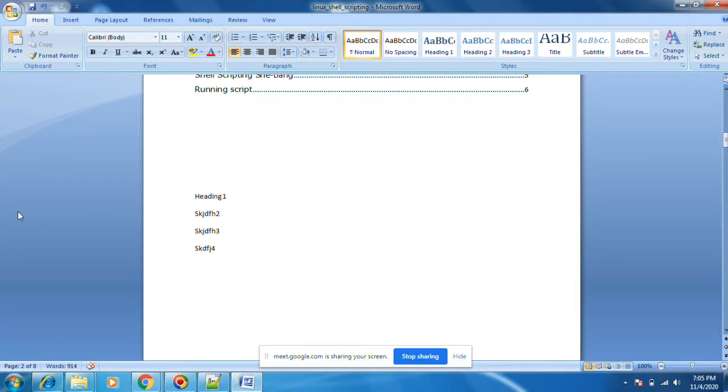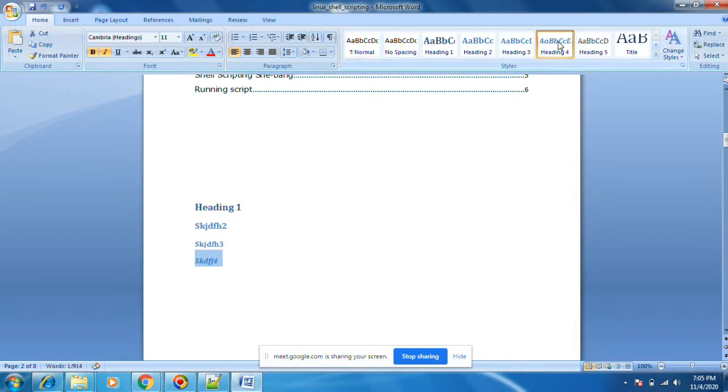Okay, let's select this heading 1, 2, 3, 4. I kept heading 1. This is called heading 2. This is called heading 3. You see how the headings are displaying here. I want to display a similar kind of thing in HTML.